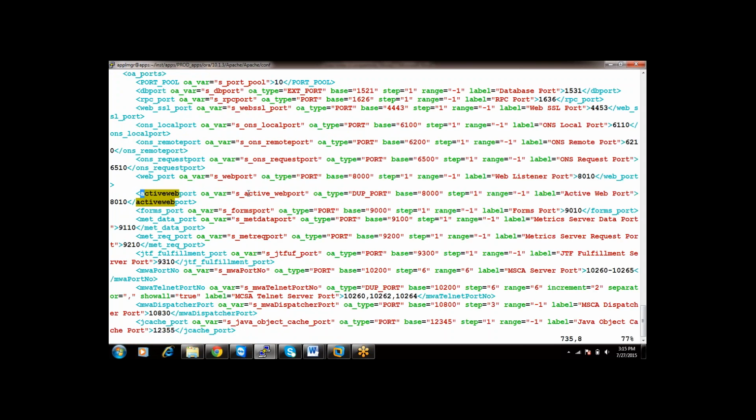s_active_web_port. The base is nothing but the default value, which is where the port number starts. And 8010 is the value we changed. So if you want to change the value from where the port number starts, base is the default. And what is the value? 8010. If you modify the value here to 8020, this is just an example,